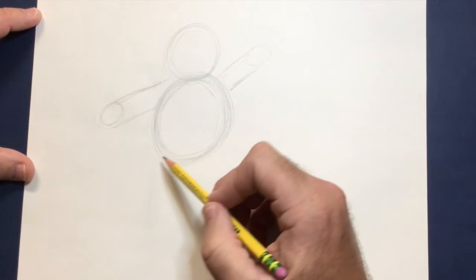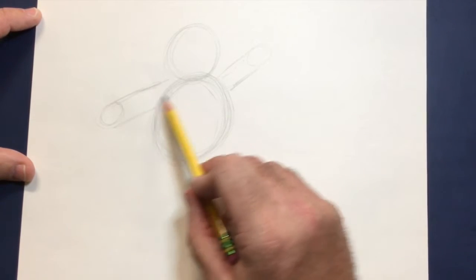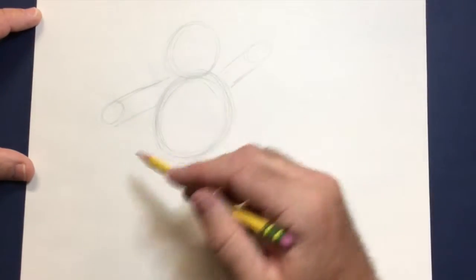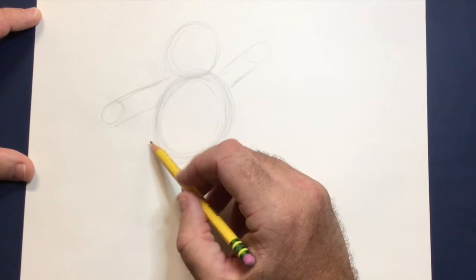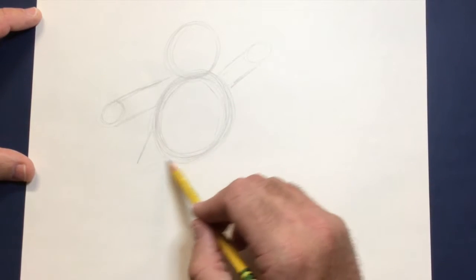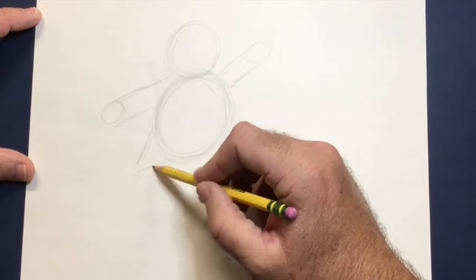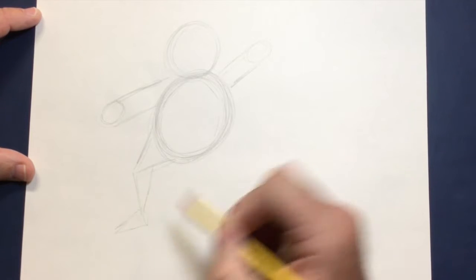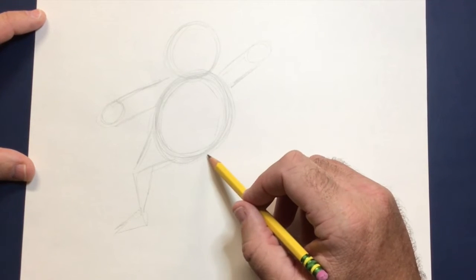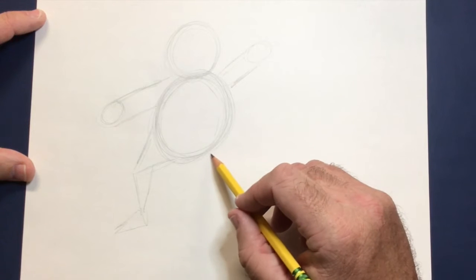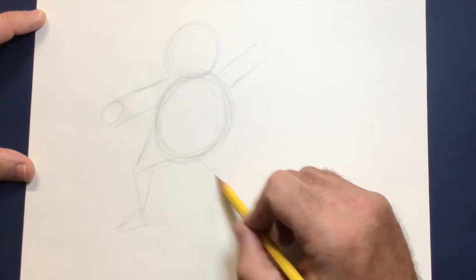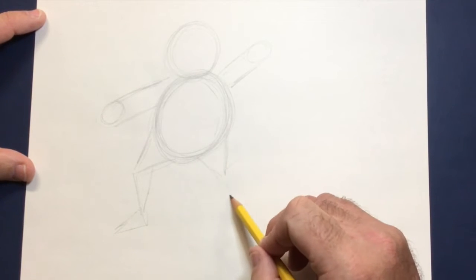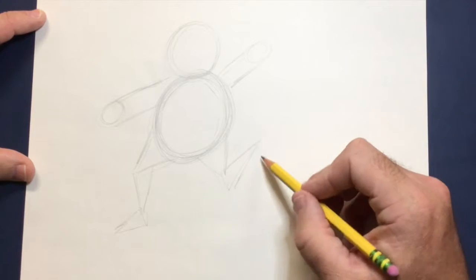Let's see, for the legs, I want my person kind of moving. You notice I've got like a good diagonal line where the arms go. So I want a little bit of motion. So I'll have the legs kind of coming off. I'm gonna use that triangle technique that I showed you in the earlier videos. I'm gonna have a leg coming off here, and maybe the foot will be there. And then, let's have another leg, maybe coming this way, and let's kick it back that way so it looks like this person's